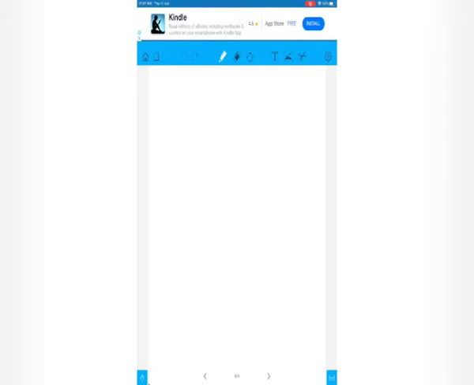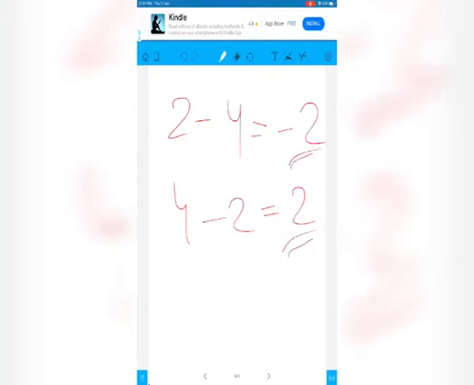Why? Because the order matters in subtraction and division. What if I say 2 minus 4 and 4 minus 2? You will say the answer here is minus 2 and here the answer is 2. So are the answers the same? You will say the answer is not the same. So in the associative property the sequence matters, so the property doesn't apply to subtraction.